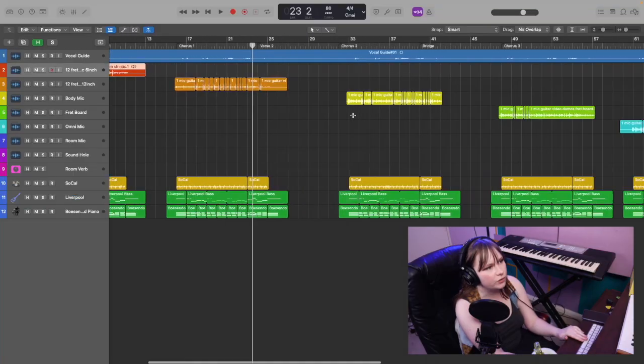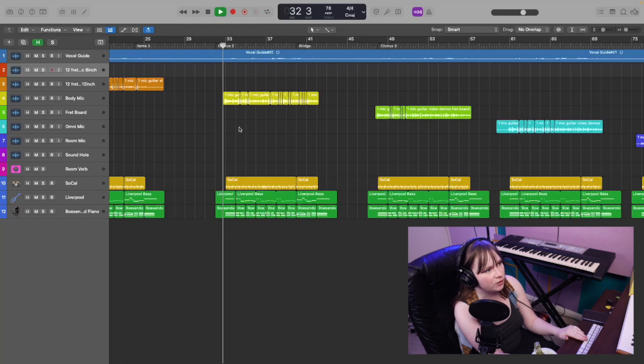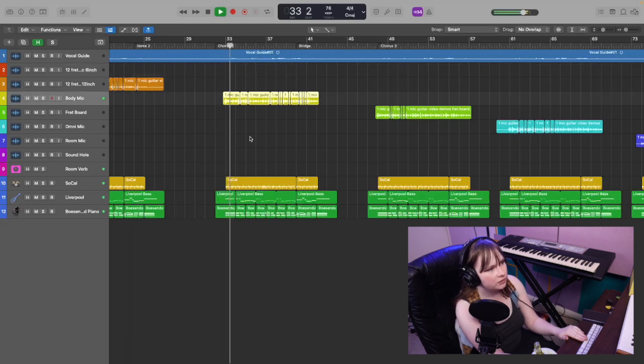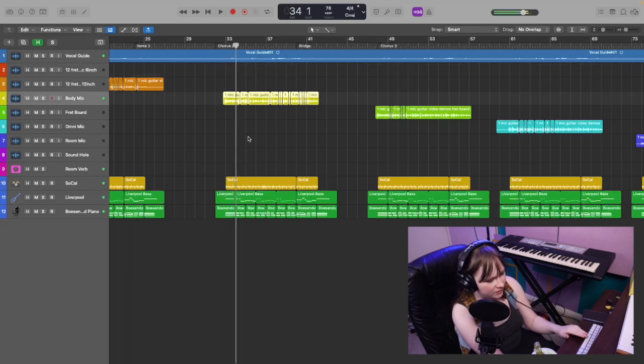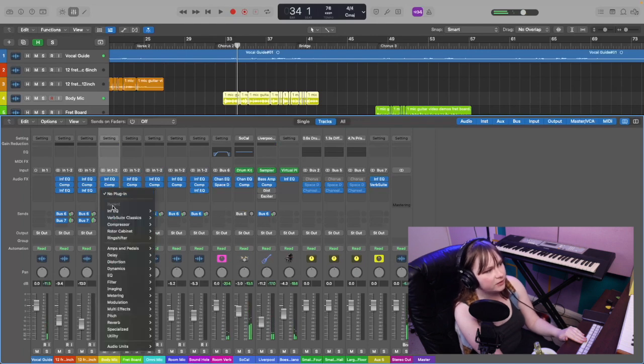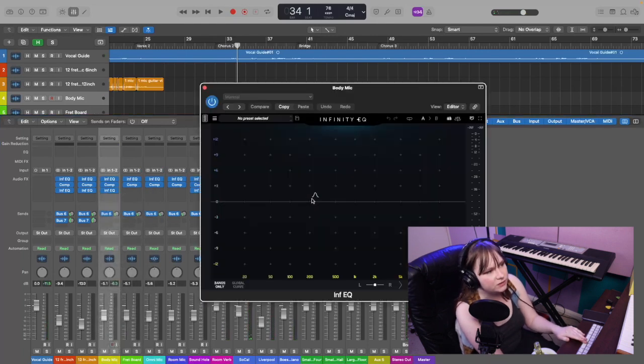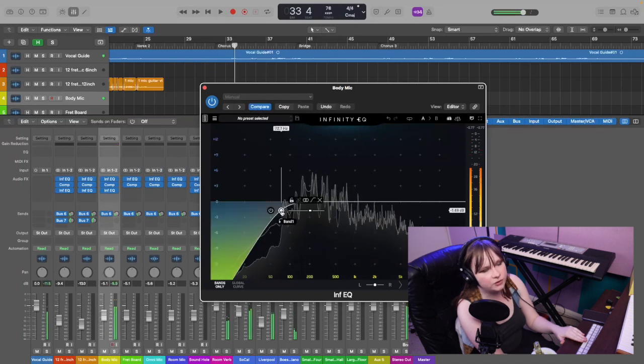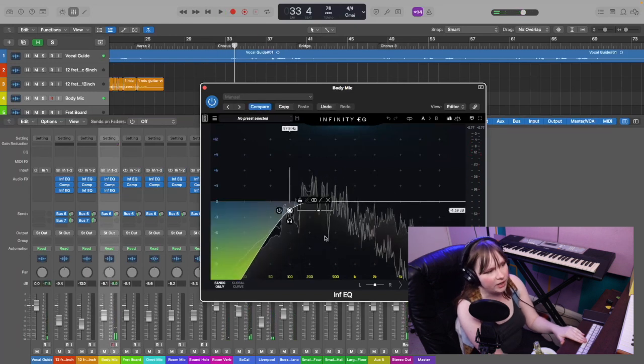Let's have a look at some of the weirder ones. Let's have a look at this body mic one. What would we do with this? Personally, if I had mic'd a guitar like this, I'd be embracing its weirdness and using that. So I'm still going to roll off these lows quite a bit, and probably because there is a decent amount of bassiness